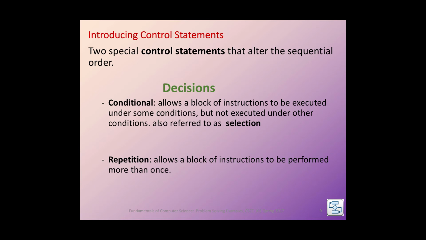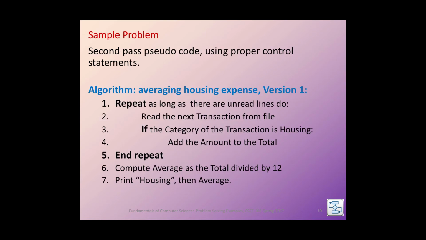The next control statement is for repetition. This allows a block of instructions to be performed more than once. Often the block of instructions that need to be repeated contains multiple lines, and this is referred to as a loop. Now, adding those